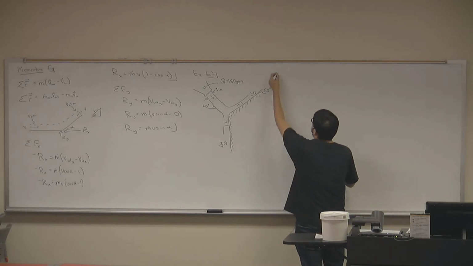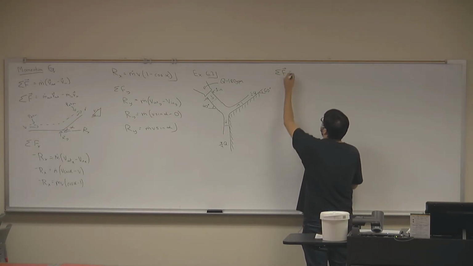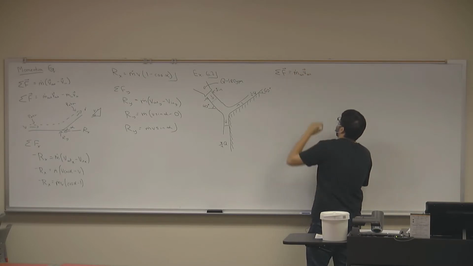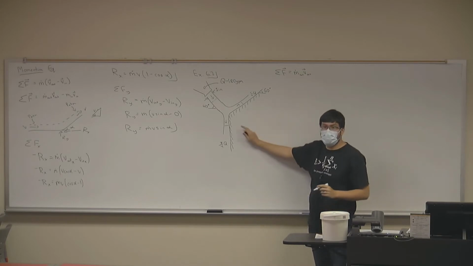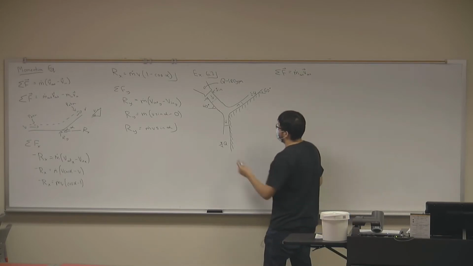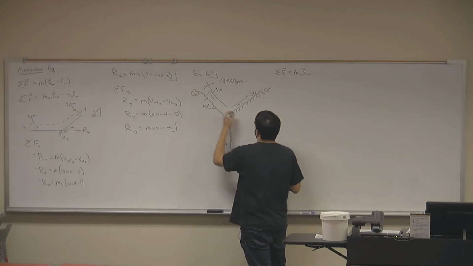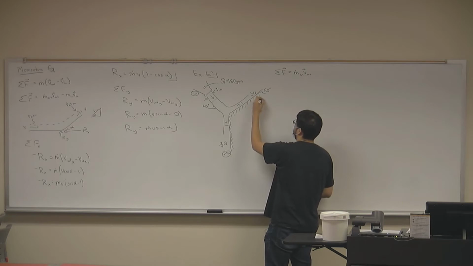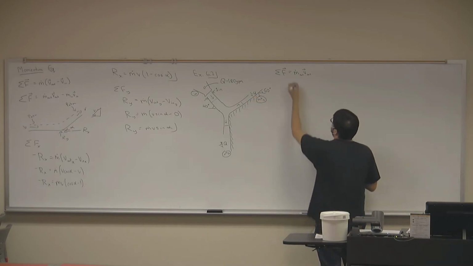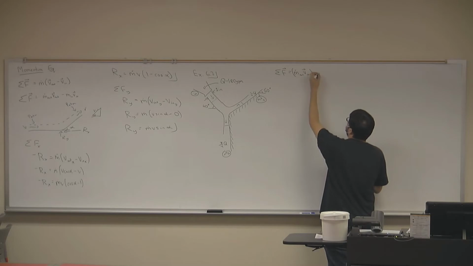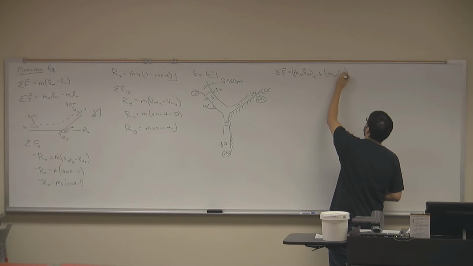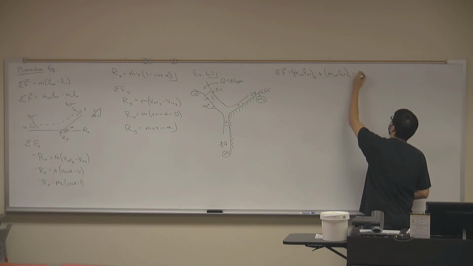So if I were to write my momentum equation, what would it look like? Let's see. I have the sum of forces equals mass flux out, velocity out. But this is actually divided into 2 outlets. So I'm going to give them numbers, okay? I'm just going to say that this is the inlet. And this can be my first outlet, the one that has the most flow. And this can be my second outlet, the one that has less flow. So we have mass flux out, velocity out 1, plus mass flux out, velocity out 2, minus mass flux in,